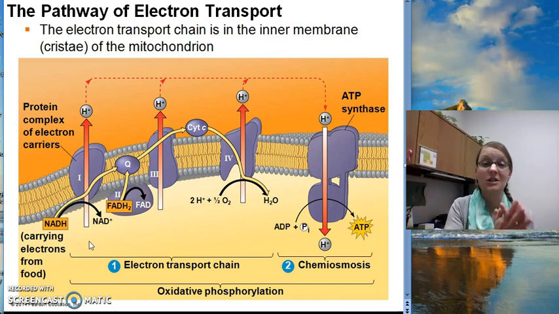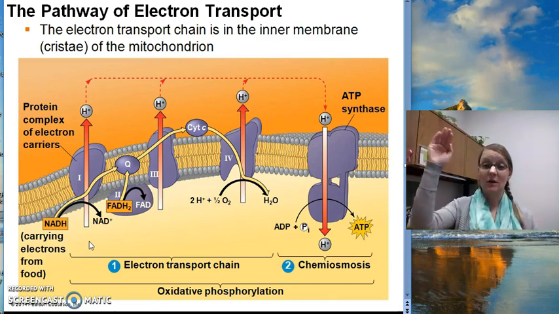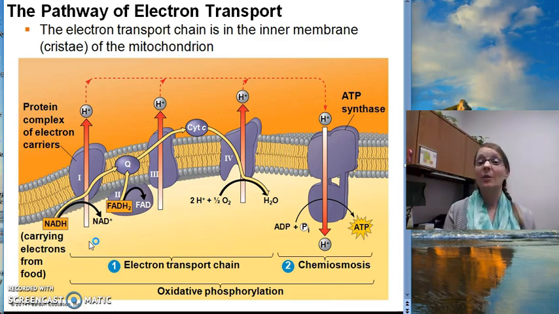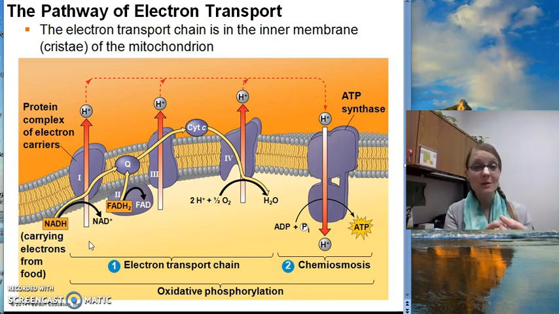Remember, oxygen is going to be that final resting place for the electrons. As they've gone through that whole entire electron transport chain, they've given up all their energy, they're done, they're exhausted, they fall into the lap of oxygen. Oxygen will also pick up some of the protons from the solution, and you will have the formation of